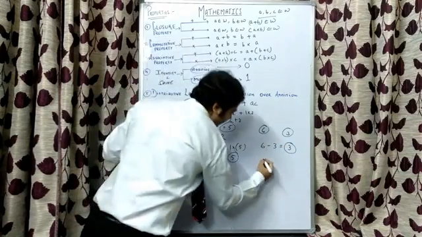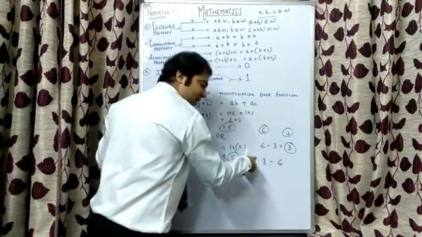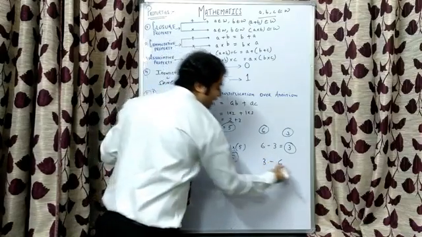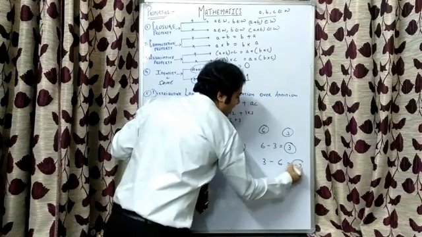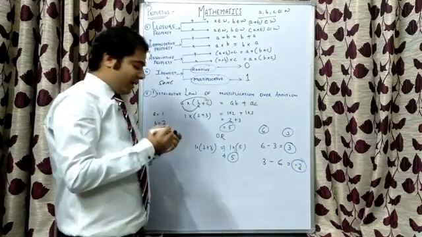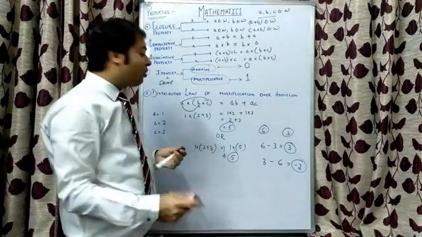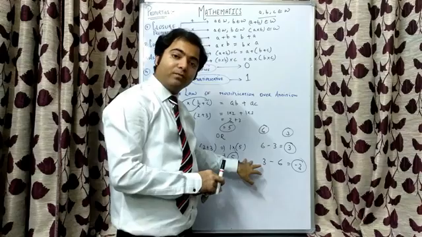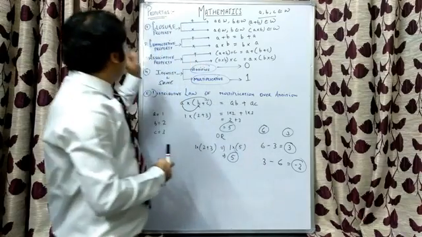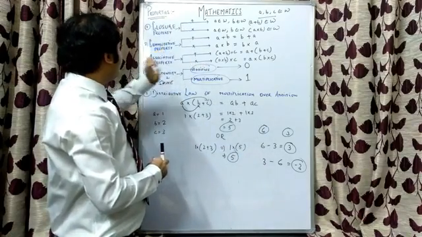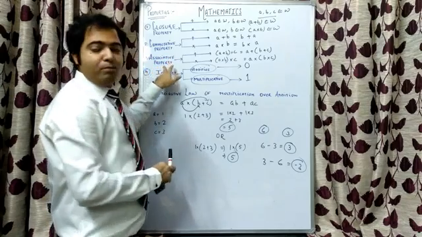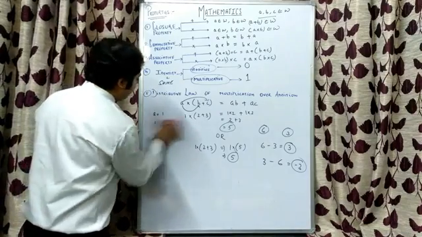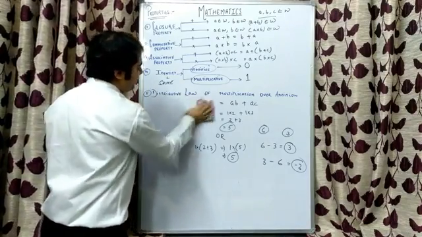But if I reverse it, 3 minus 6. 3 is a whole number, 6 is also a whole number. If I subtract 6 from 3, the answer will be minus 3. And minus 3 is not a whole number, it is an integer. So this shows that subtraction may or may not follow closure property. And subtraction also does not follow commutative and associative property. Right? Next operation that we need to study is division operation.